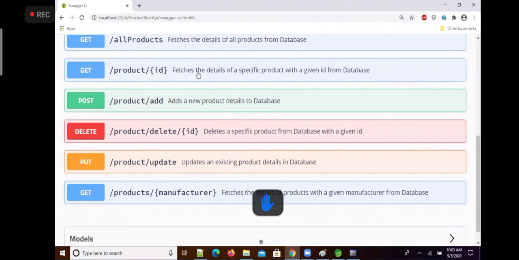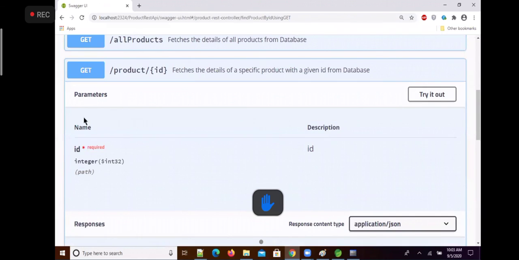This is, for example, fetch a product. The parameter is what? ID. Product slash ID parameter required in the request URL. And remember it is an integer and this is a path variable, not a request body. If this parameter should be sent in the request body, then you will get it as a body parameter. But this is not a body parameter, it's a path variable. You can try it out.